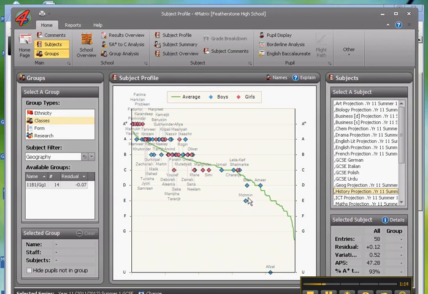So we'll just repeat that. Mohim has got an E in history. We go up vertically, and where we touch the line there is Mohim's average for all his subjects, including geography. So he's not done so well in geography as his other subjects. And this is a residual analysis graph. Students under the line have done less well than their average, and students above the line have done better than their average. If we right-click on Mohim,